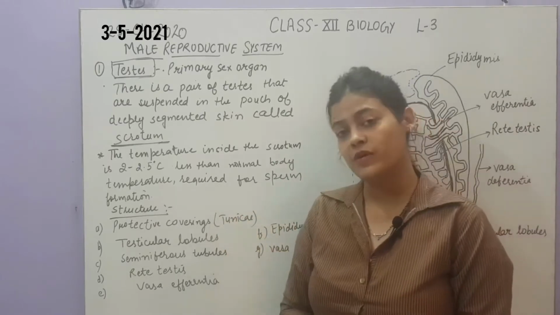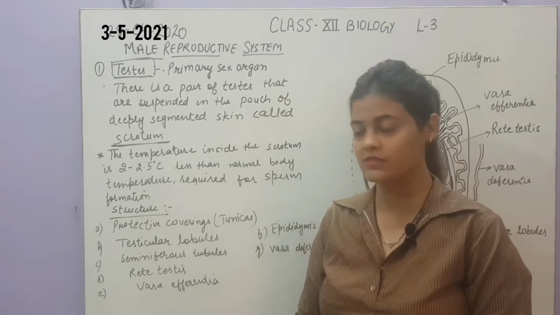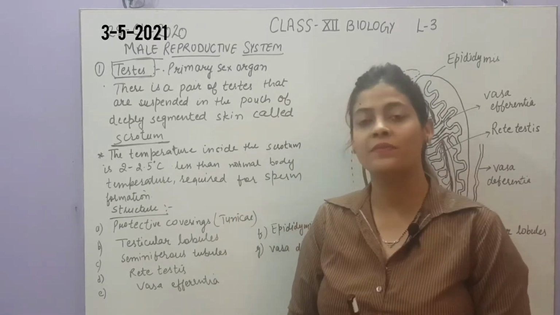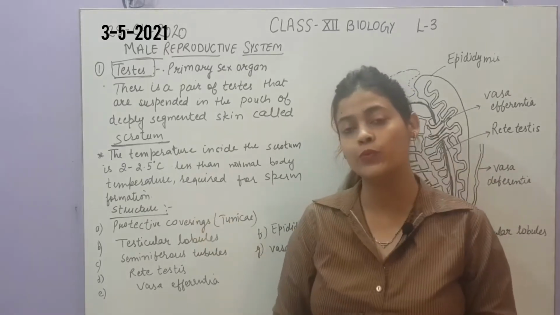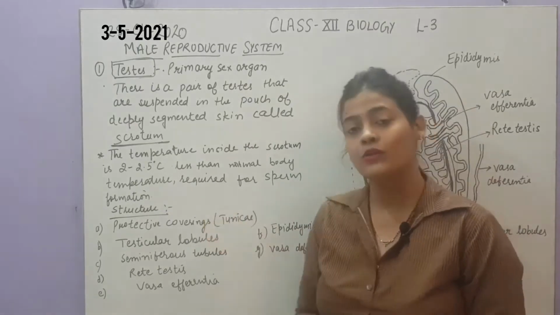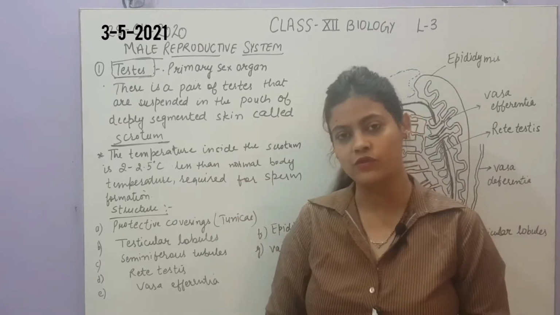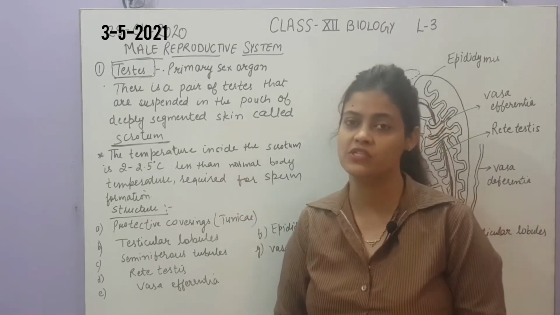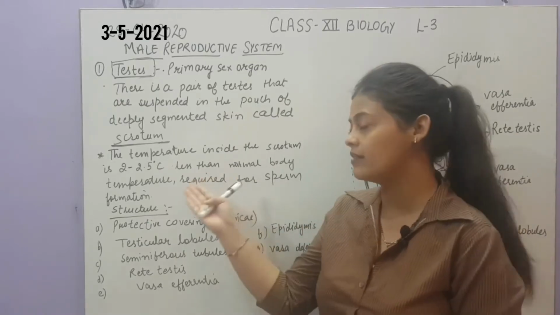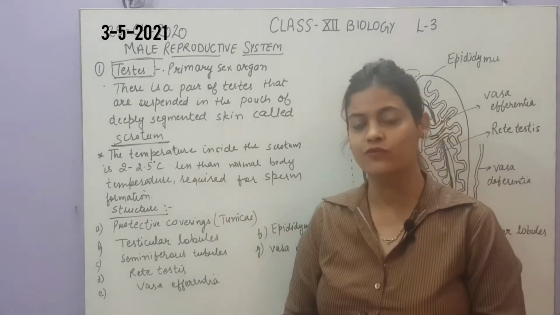This is required for sperm formation, because you know that the main function of the testis is to produce sperms, and that will only happen when it gets the proper temperature, that is 2 to 2.5 degrees less than normal body temperature. Like you know, the normal body temperature is around 37 degrees. So it requires 35 to 35.5 degrees, which is not provided inside the body. That is why they are present in the scrotum. Okay, is it clear? Only then will they be able to form sperms.